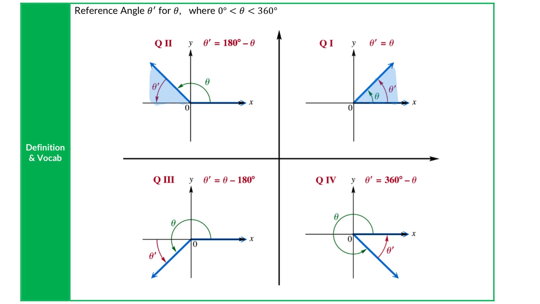If theta goes all the way to quadrant 3, so here's 0, we're all the way right here, I again want to make a right triangle with the x-axis, so my reference angle is going to be right here,